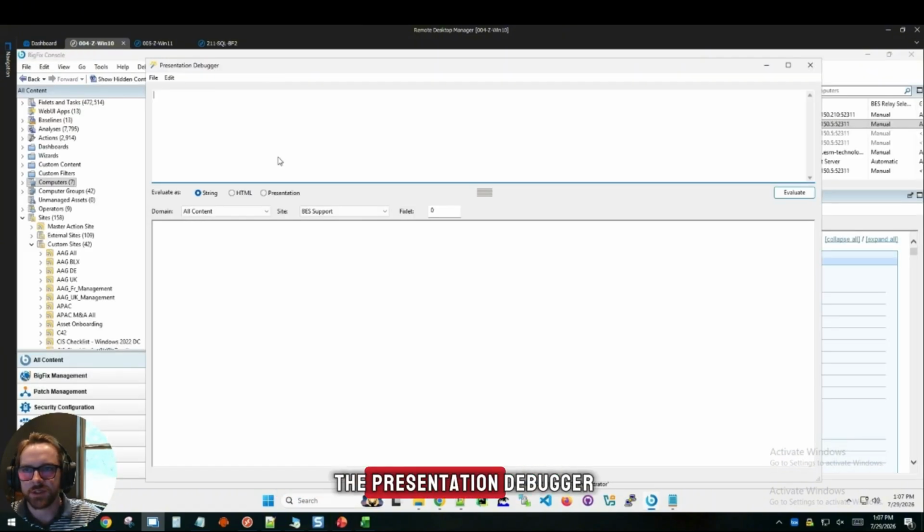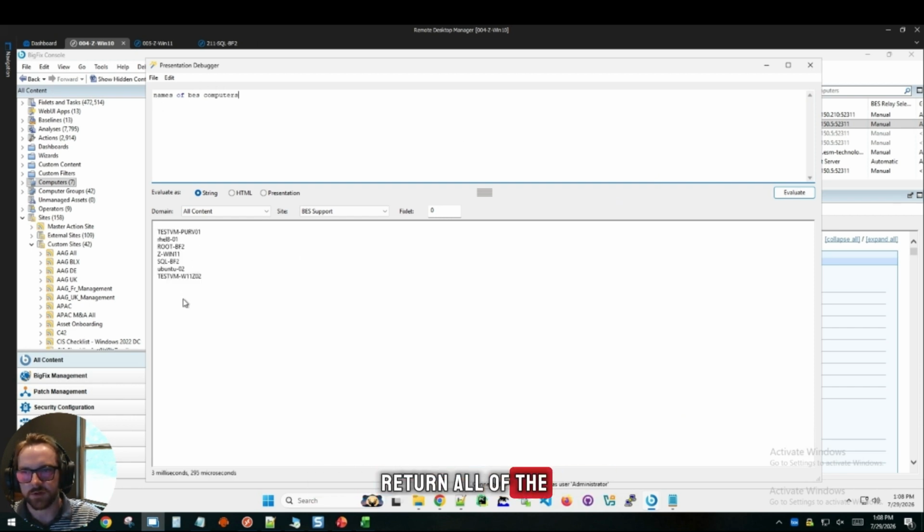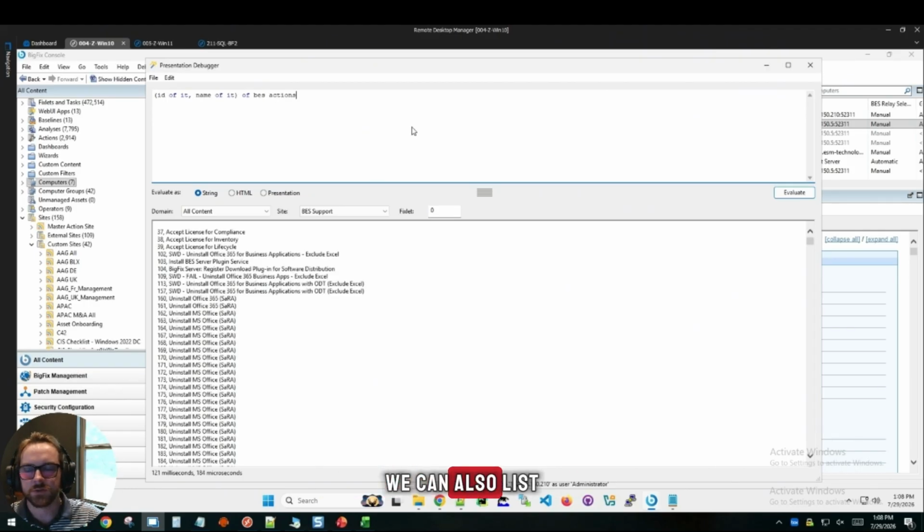Now that we're in the Presentation Debugger, we can start querying information that's stored in the BigFix database about the environment. A simple example will be to list all of the computer names that are stored in the BigFix database that we see in the console. Using names of BES computers, we can evaluate and return all of the computers in the environment. We can also list all of the IDs of actions and the name of actions that we can currently see